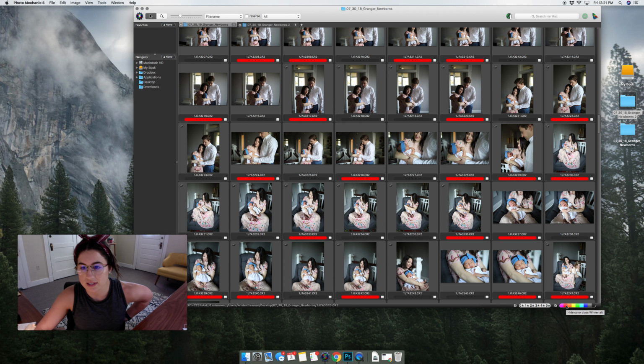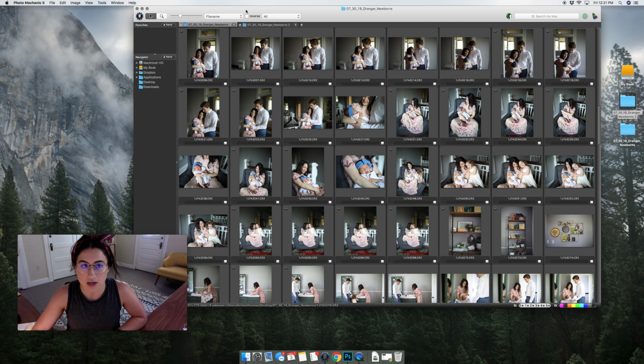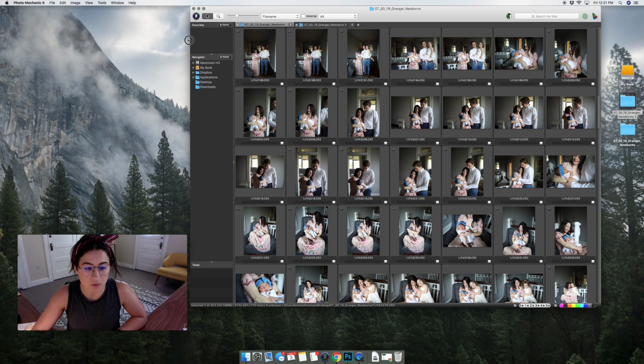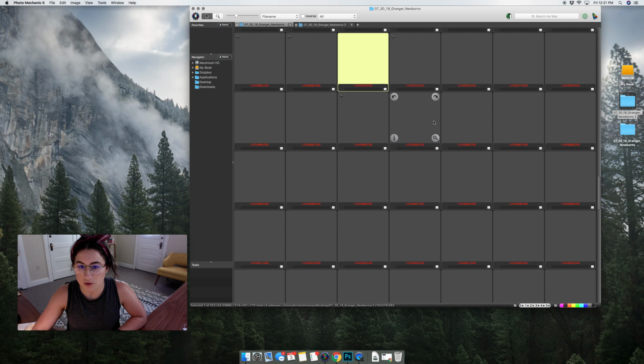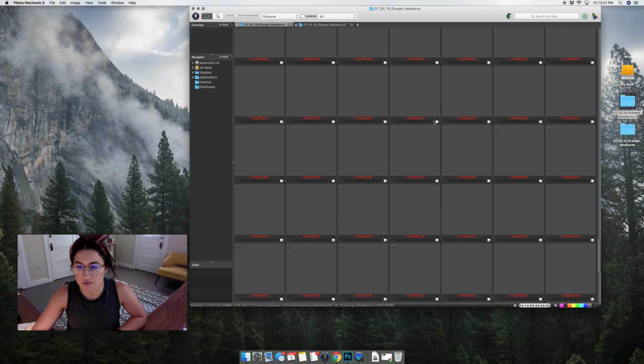To see the ones that you're keeping, you can come right here at the bottom, and this is where you can hide a color. So I'll come to the red and I'll hide all the reds. Okay, so these are the ones that I want to keep. So I got it down almost 50%. So these are all the ones that I'm like, okay, it's time for the client to look through these and